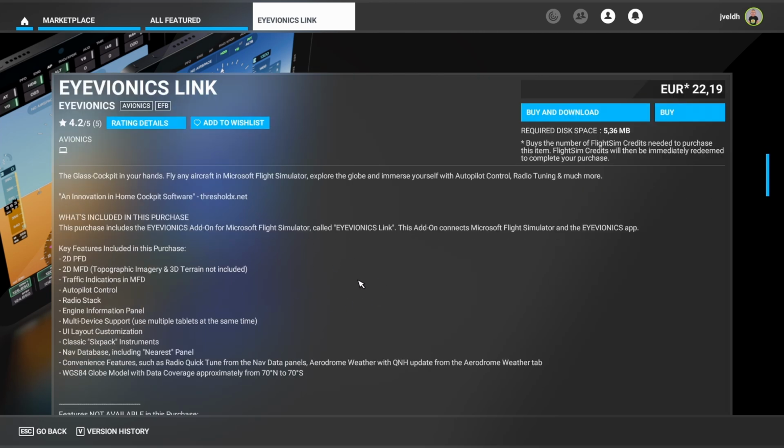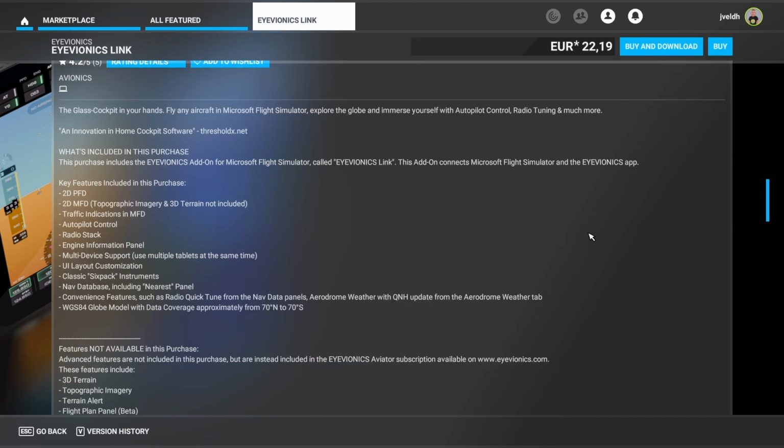Based on the description, it looks like you will have kind of an external view, and that's also confirmed almost by the text. They say it includes the Avionics add-on for Flight Simulator called the Avionics Link, and it allows you to connect Flight Simulator and the Avionics app. So it's an external app where you can manage Flight Simulator. Key features are 2D PFD, 2D MFD, the traffic indications MFD, autopilot control, radio stack, engine information panel, and